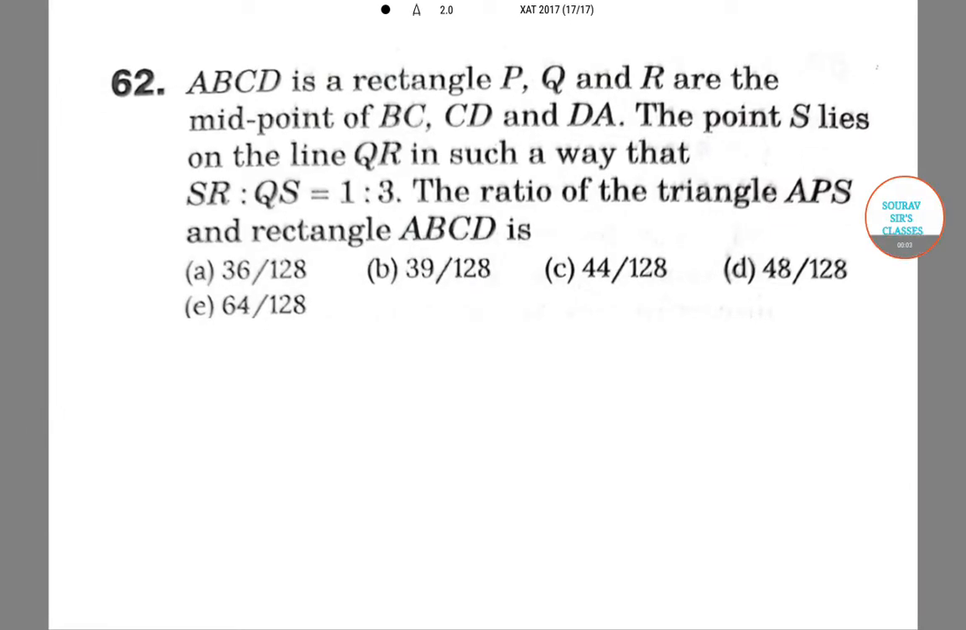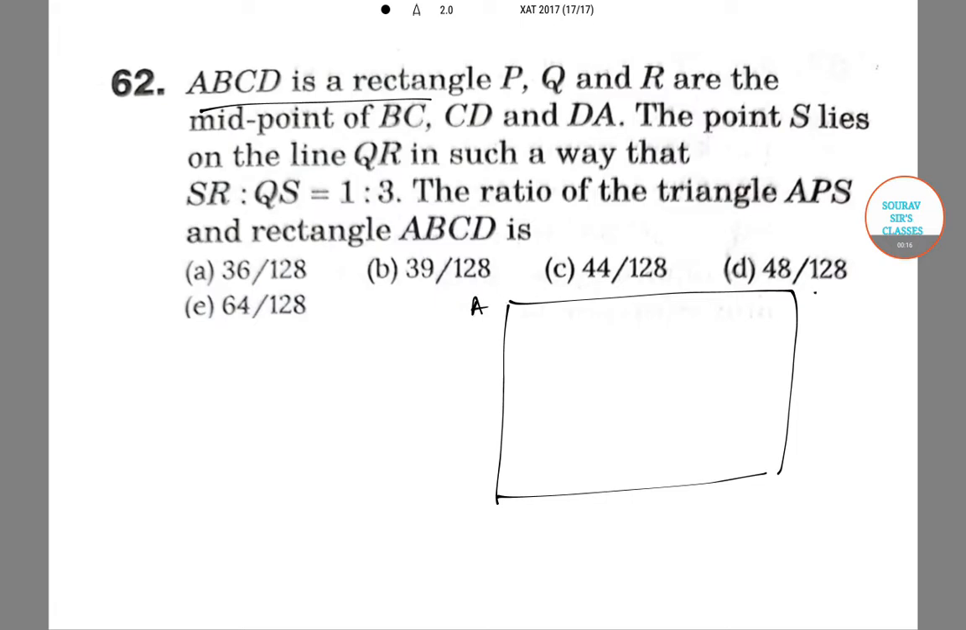The question is, ABCD is a rectangle. ABCD is a rectangle, A, B, C and D. P, Q and R are the midpoints of BC, CD and DA. So, BC, CD and DA, P,